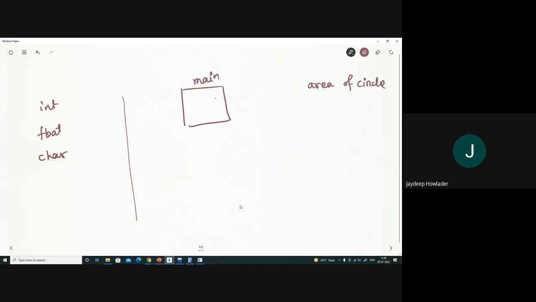So I have different radii, say R1, R2, R3, and I have to compute the area of the circle multiple times. So we sometimes write another small program which will take the input R and return an area.